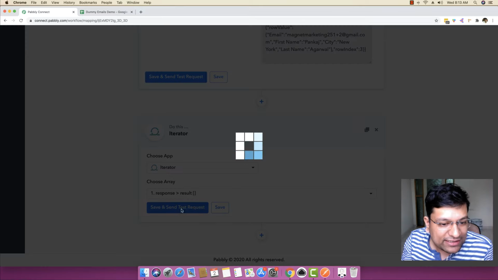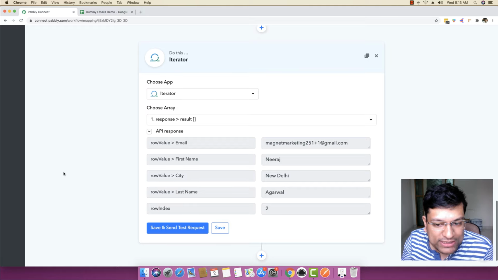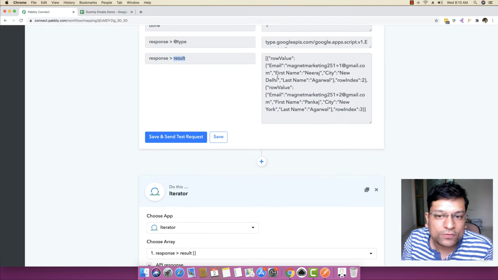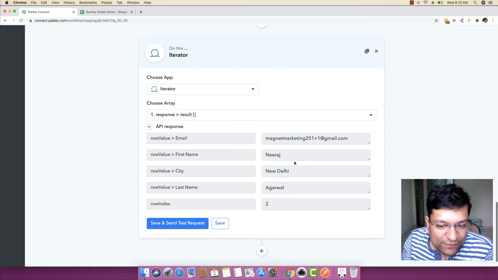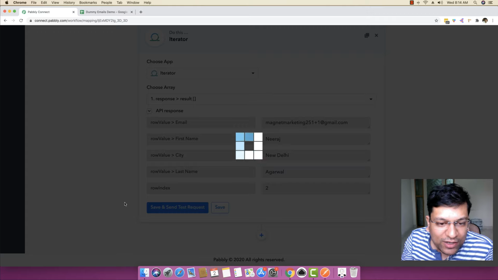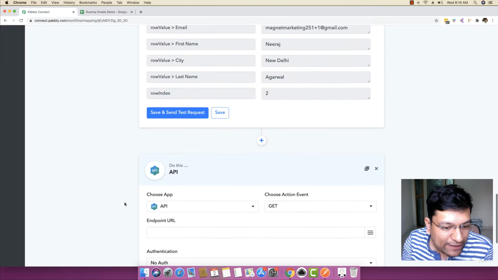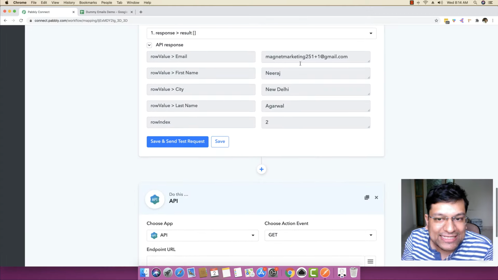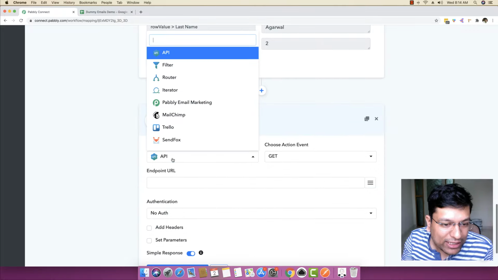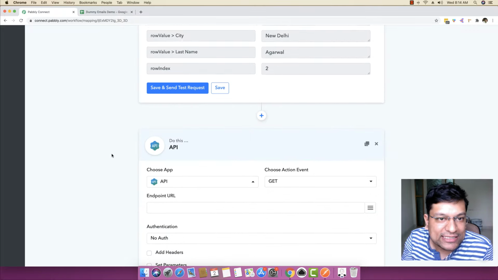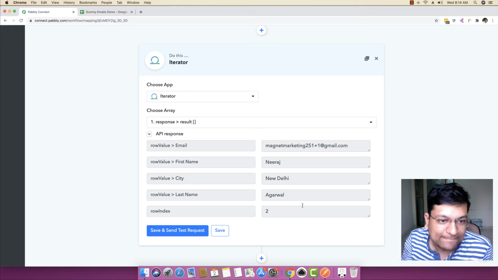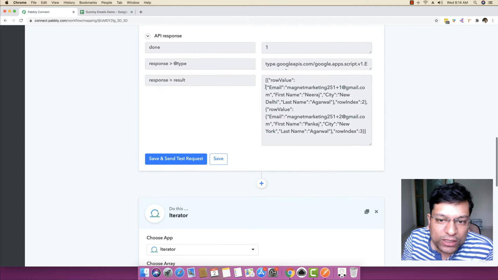And if you save and send a test request, it will pick only the first value from this specific data set. Even though it is showing you the first value, you can specify all the next action steps as well. For example, if you want to send this data across to Google Sheet, you can select Google Sheet and insert this data there. What the iterator does is keep looping through the very same key value pair one by one.